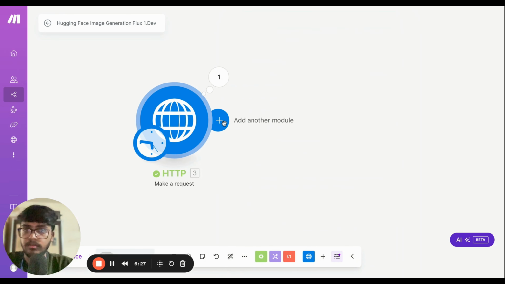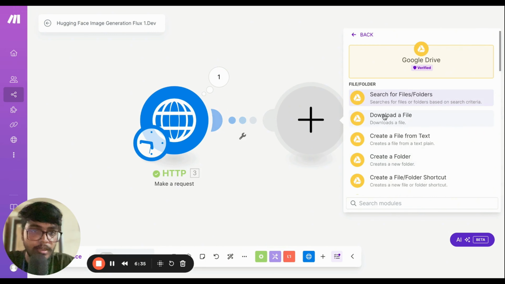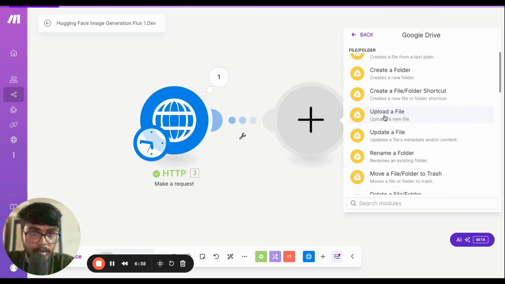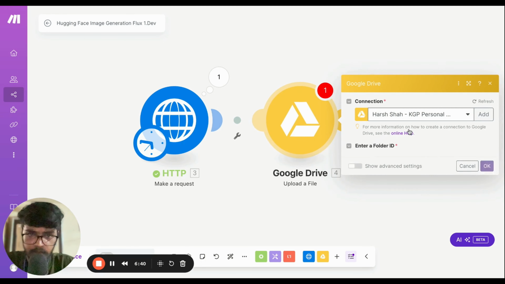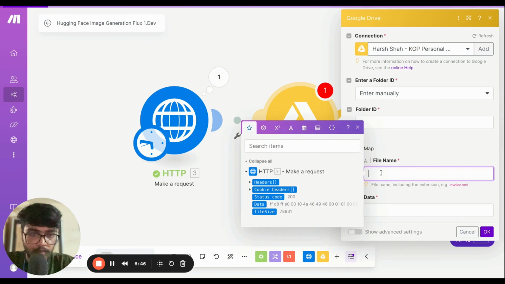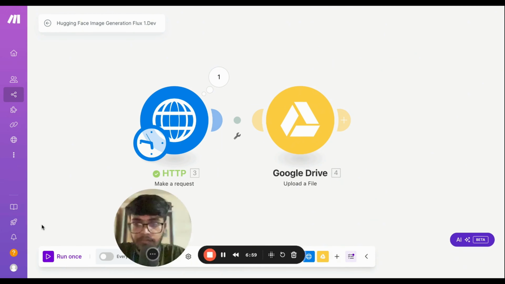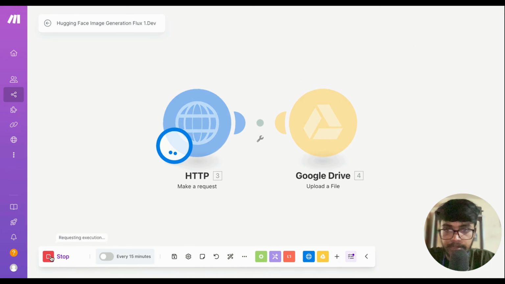Now again, to get the exact file to see the image, we need to store it somewhere, and for that, we are going to use this Google Drive module, and then upload a file under that. The file name is image test dot png, and the data is this. Yeah. And now if we run this once again,